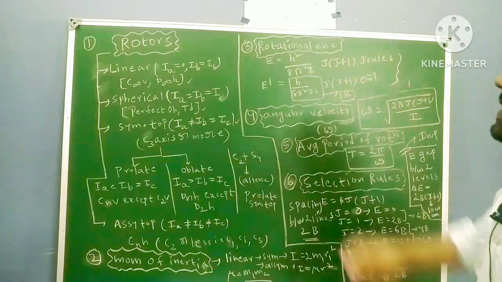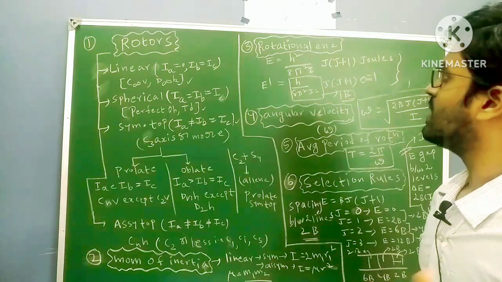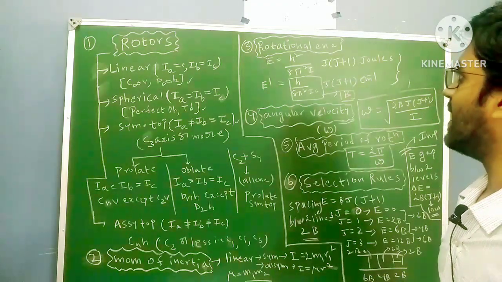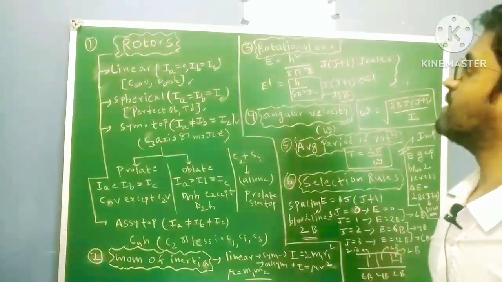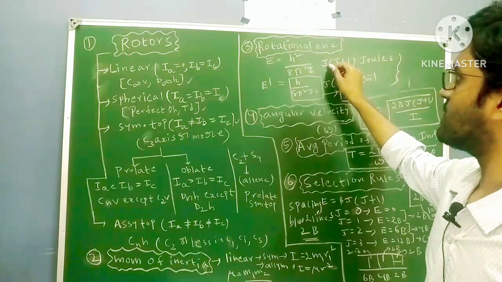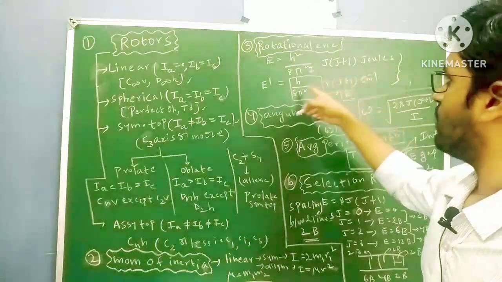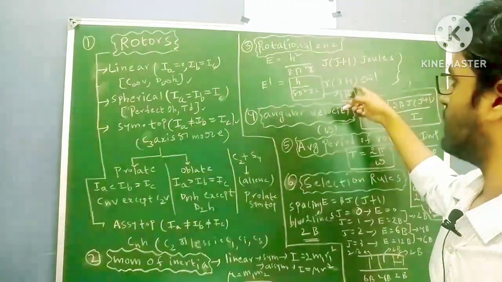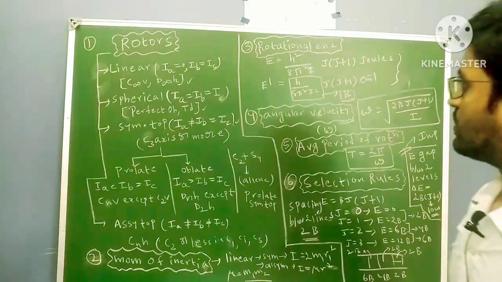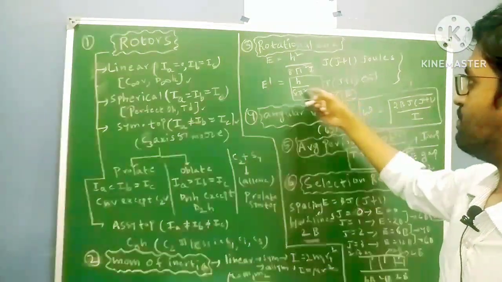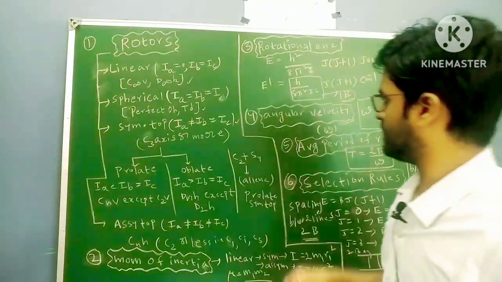Next one is rotational energy. So rotational energy in joules and in per centimeters. The first formula in joules, E equals h square by 8 pi square I, J into J plus 1. h is Planck's constant, I is nothing but moment of inertia, J is your rotational level, right? If you want to get it in per centimeters, h by 8 pi square I c, J into J plus 1. This h by 8 pi square I c is nothing but your B. B is nothing but your rotational constant. So you can write this same formula as B J into J plus 1 in per centimeters, right? So you have these two formulas you have to remember.